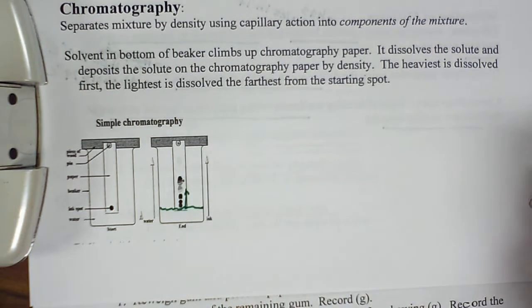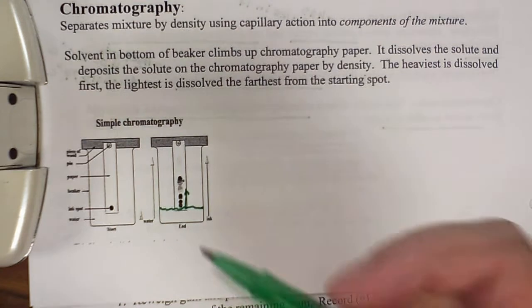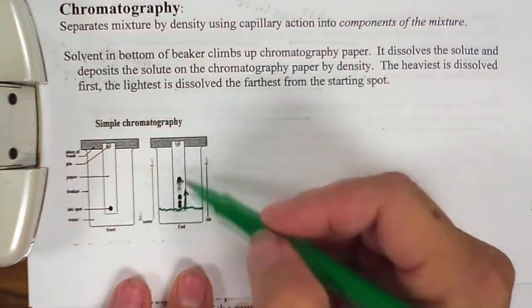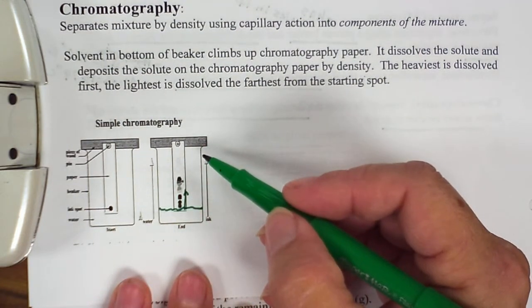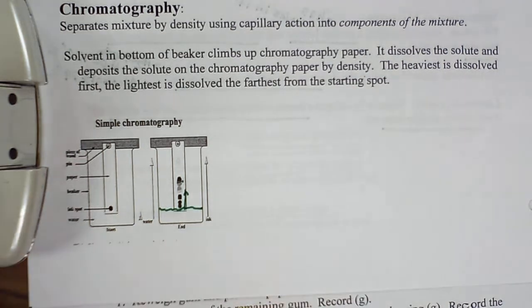And you've seen that because you've seen water get splashed onto magic markers and they separate into the different colors, and we call it running. We say like, oh, my drawing, it ran, right? Water got on it and the colors ran. That's what that means. They separated according to their density, right? And if it was upright, they would climb up the paper and they would drop out according to their density. And that's what chromatography